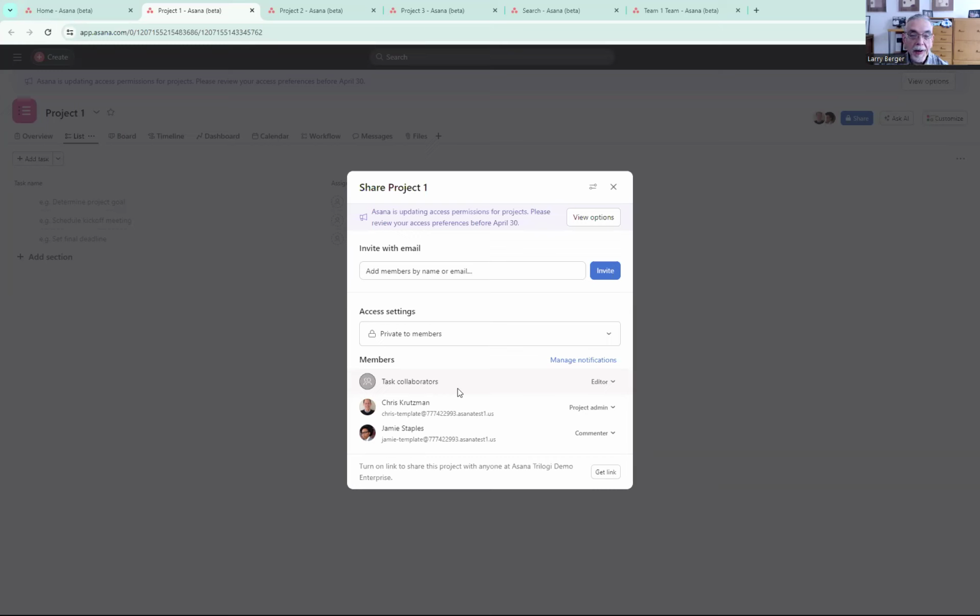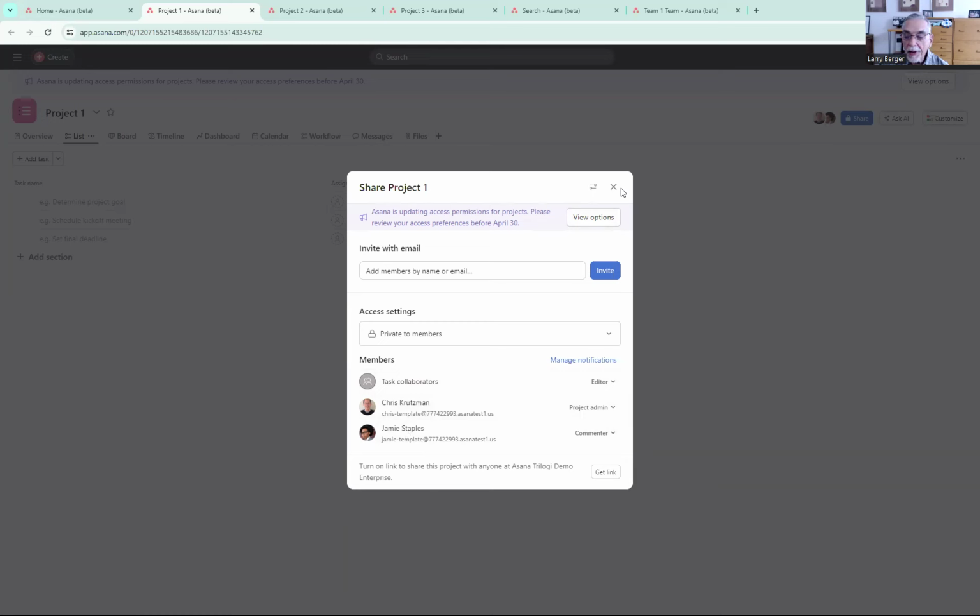Let's look at what you'll see in Asana if there are any conflicts, as we've seen a little bit here already. We've been looking at this project, which is in conflict, as it says here at the top.